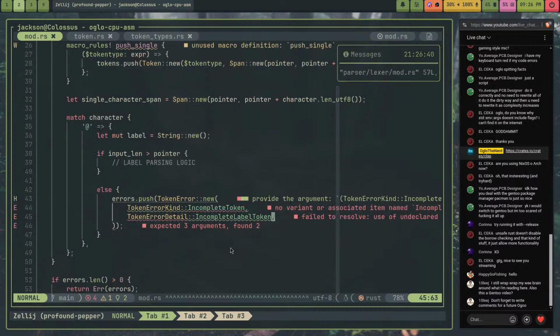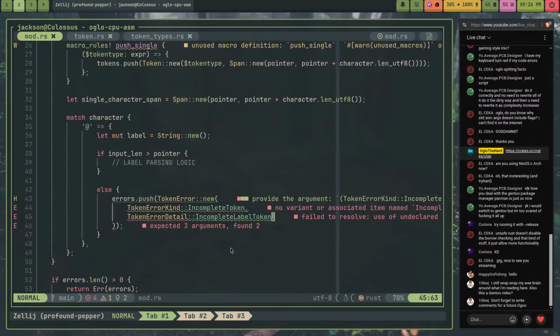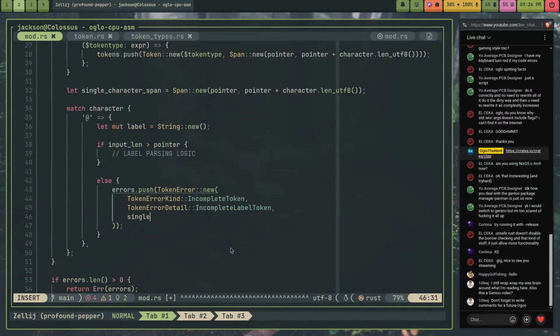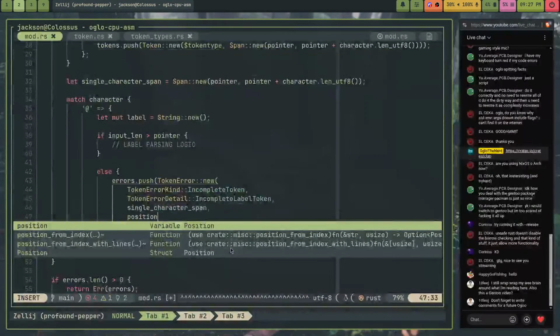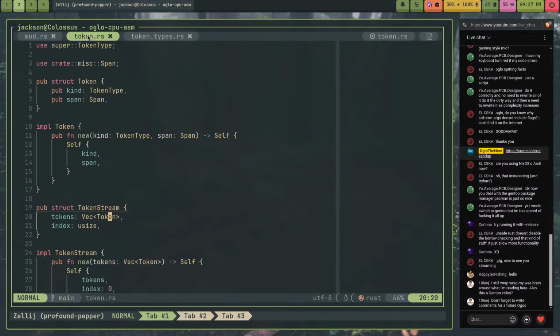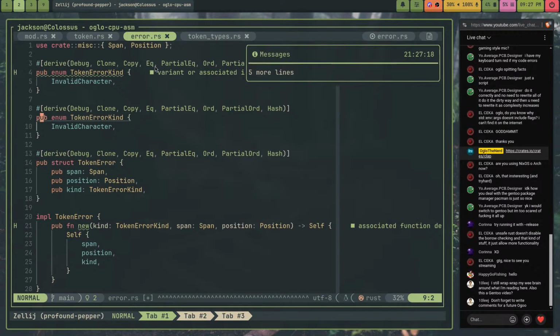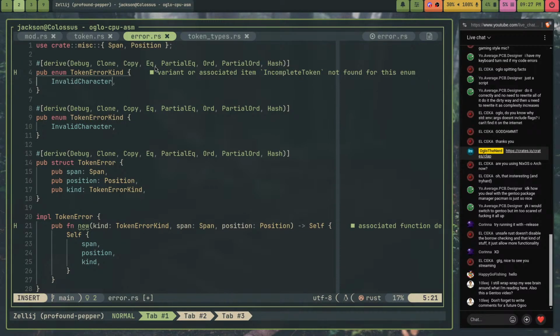Right, okay. And the reason I'm doing .utf length instead of just 1 is because I want to be able to not crash when Unicode is passed into this Lexer. Single character span, I also want to pass in position. Right, and then I also need to edit my token type. Error. Need to add another enum. Invalid character, and also